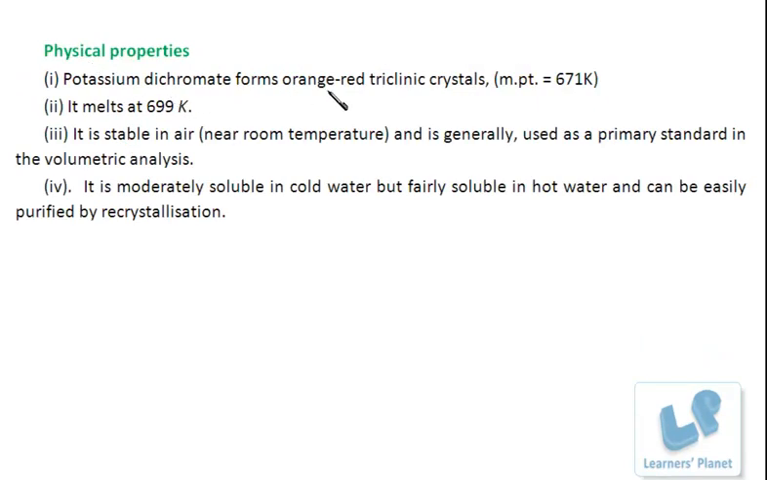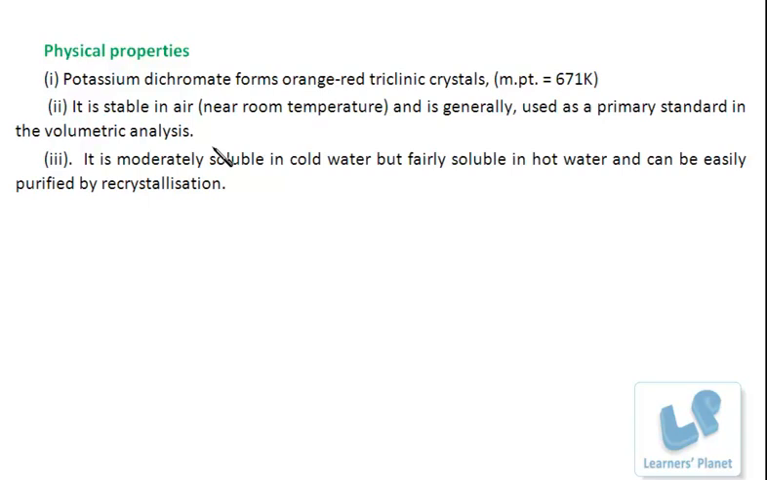Potassium dichromate forms orange-red triclinic crystals and its melting point is 671 Kelvin. Remember this. Its melting point is 671 Kelvin. This potassium dichromate forms orange-red triclinic crystals, melting point 671 Kelvin. It is stable in air near room temperature and is generally used as a primary standard in